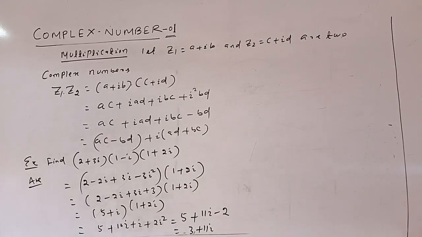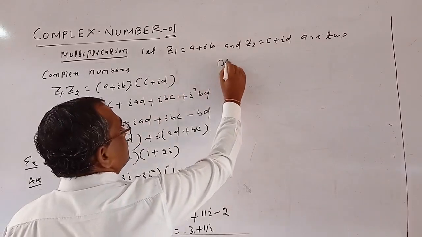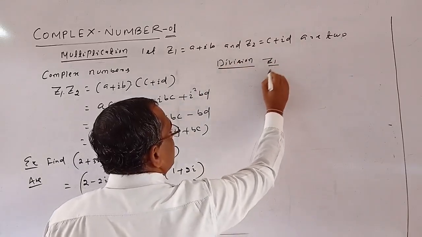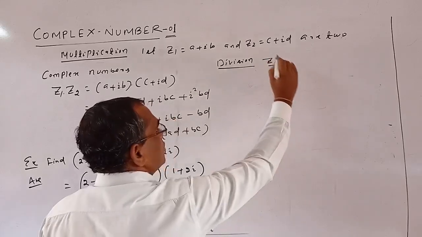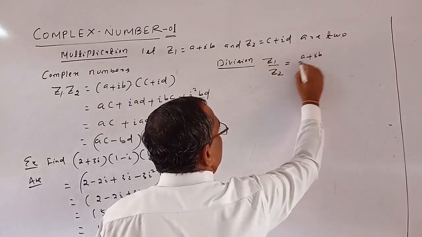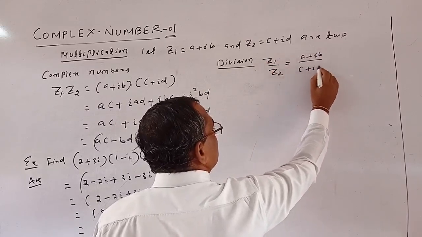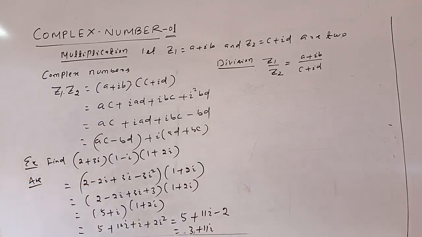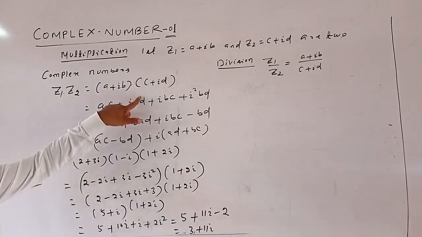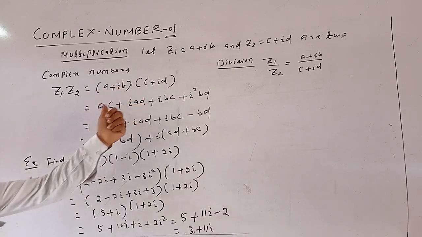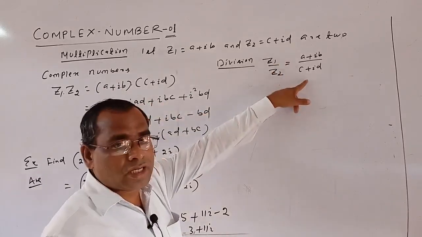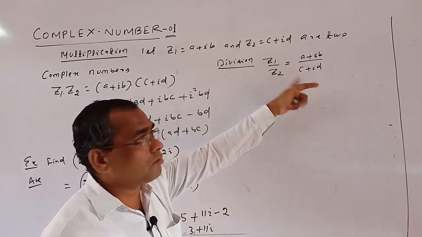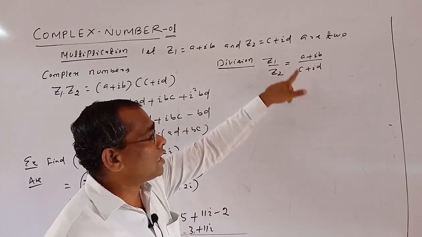Okay, now division. Next we go to division. z1 by z2 equals a plus ib by c plus id. So a plus ib by c plus id is not yet a complex number, because a complex number means you have to express it in a plus ib form, sum of real number and imaginary number. In that stage you cannot say what is the real part and what is the imaginary part. Okay, so first you have to convert